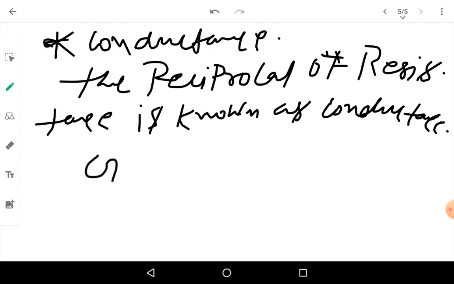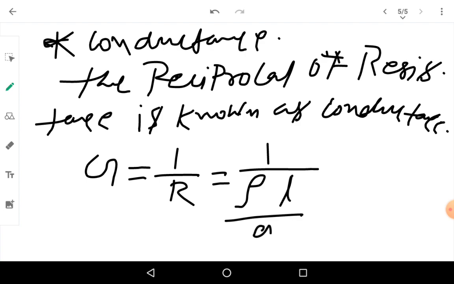It's represented by G. So G equals 1 upon R, and R equals rho into L upon A, so we can write G equals A upon rho into L,